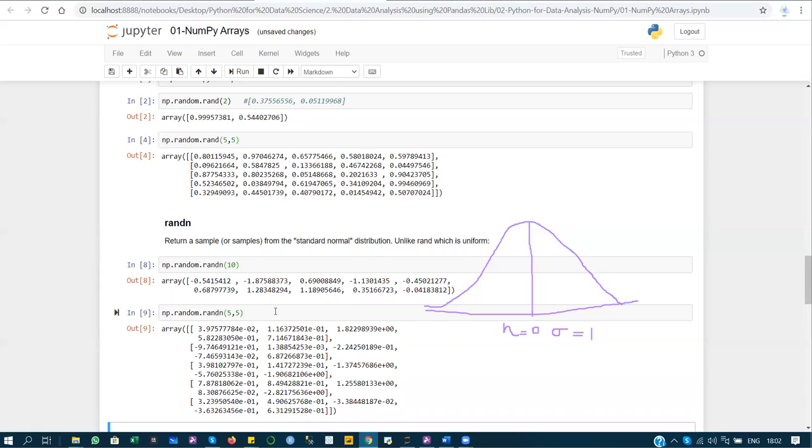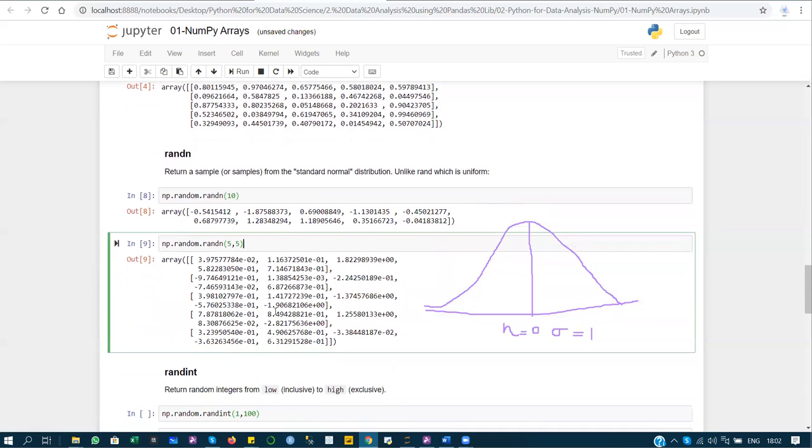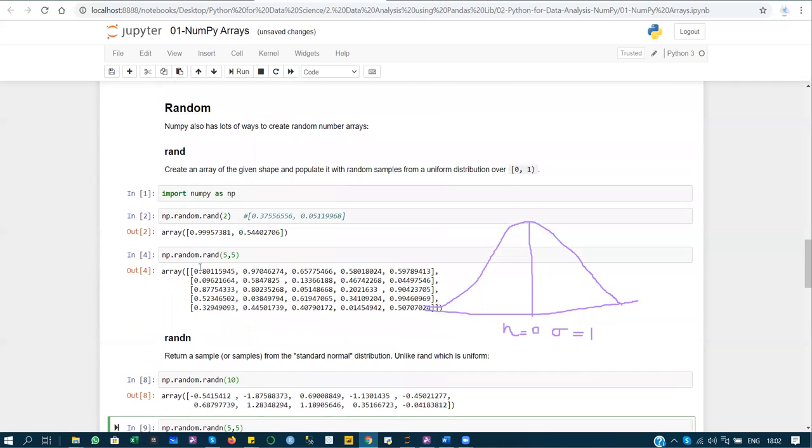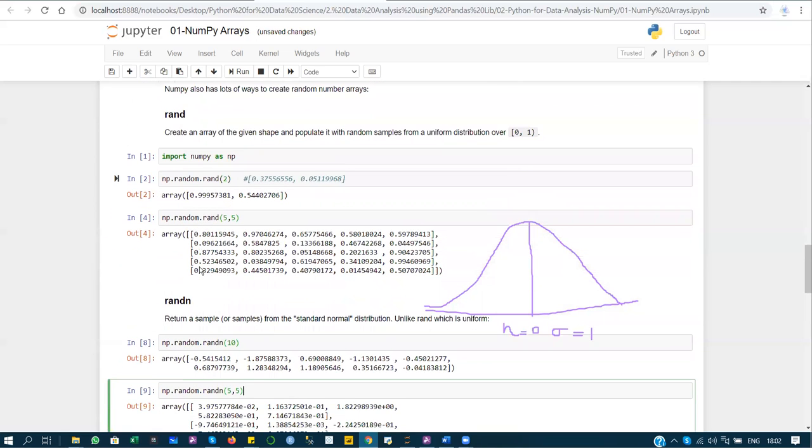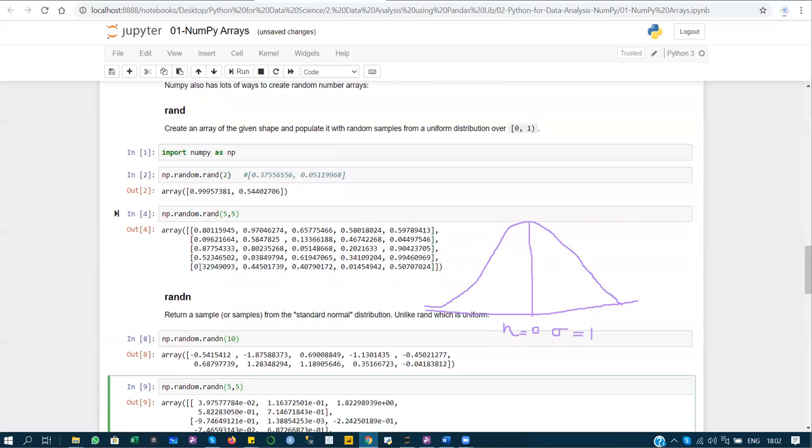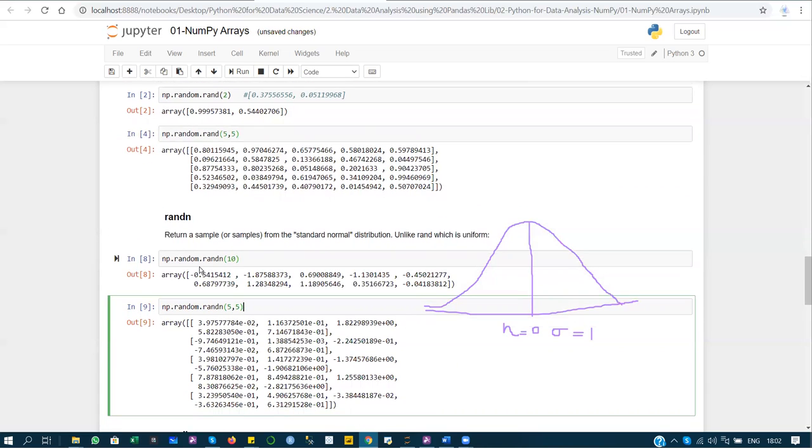So here you can see that it creates a matrix whose shape is equal to 5 cross 5, meaning 5 rows and 5 columns. The basic difference between rand and randn function is that the rand function follows the uniform distribution, and the range of this uniform rand function is 0 to 1. But the randn function follows the standard normal distribution. The range is according to the property of a standard normal distribution, meaning the mean should be equal to 0 or nearby 0, and the variance is nearby equal to 1.